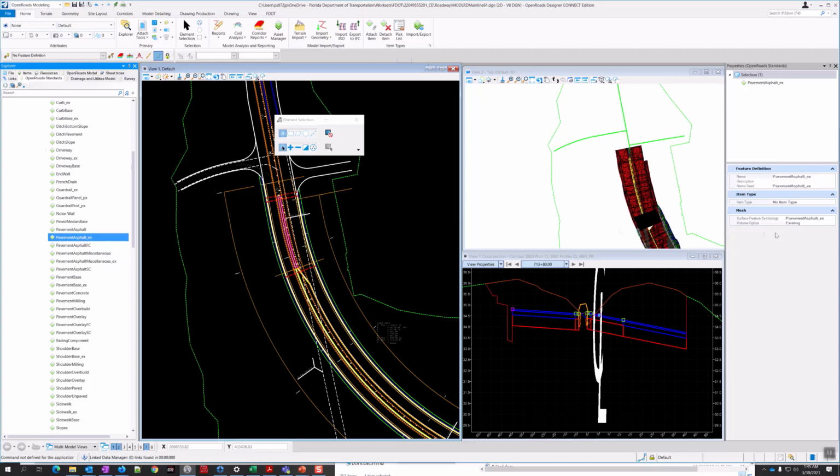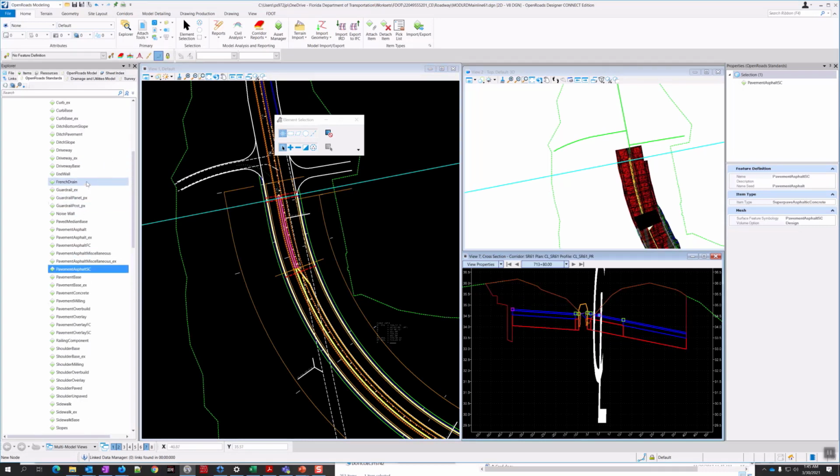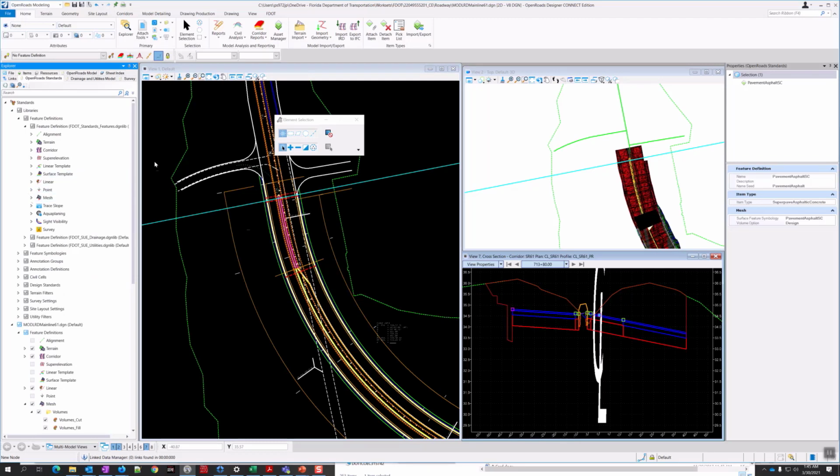They may not have the volume options, or if you just don't have the feature definitions set correctly in your files, then you're going to have issues with the calculations not working correctly. So since I did this without that being in there, I'm just going to go ahead. This will be handy because I can show you how to delete it. It's not very straightforward. So like I said, it doesn't show up anywhere but the 3D model.